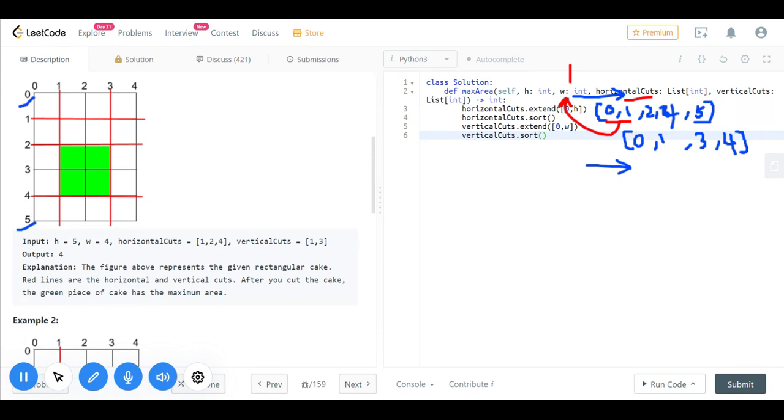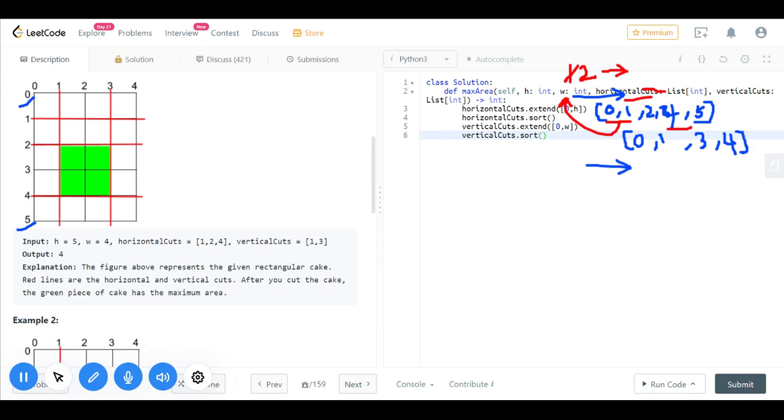And after that, 4 minus 2. The maximum will be 2, right? So we'll increment the maximum length and maximum width. That's what I mean to say. And then 5 minus 4 is 1, so we'll not increment it. So the maximum length will be 2. That is what we'll be getting after this for loop.